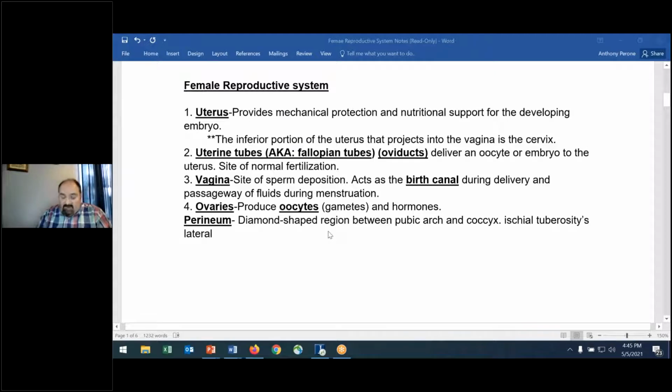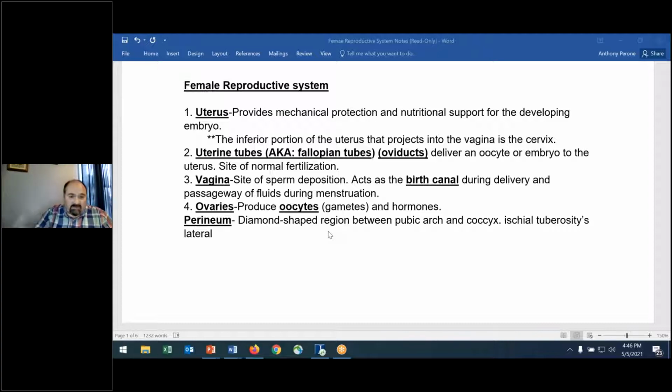Two weeks ago, we looked at the female reproductive system as well as the male, as far as the anatomical structures. Here you're seeing these terms and their definitions. We realize that the uterus is where implantation will occur, as well as development of the fertilized egg, the zygote, which will become the embryo and the fetus, the progression on into becoming a child, right? That's the area where the child is developing.